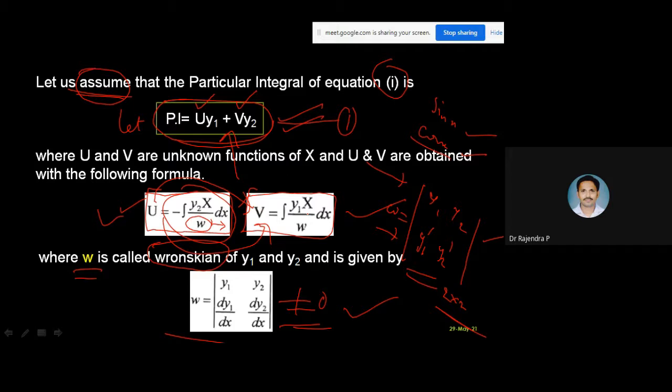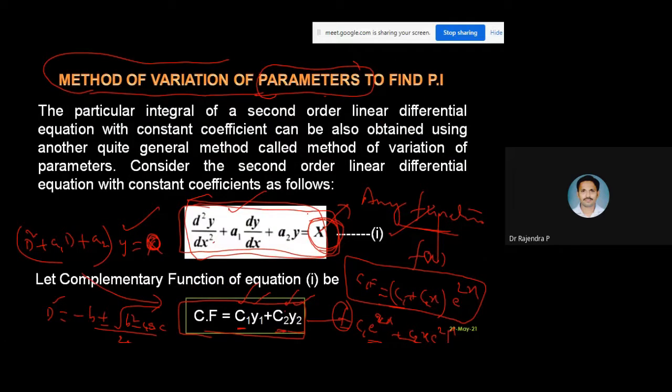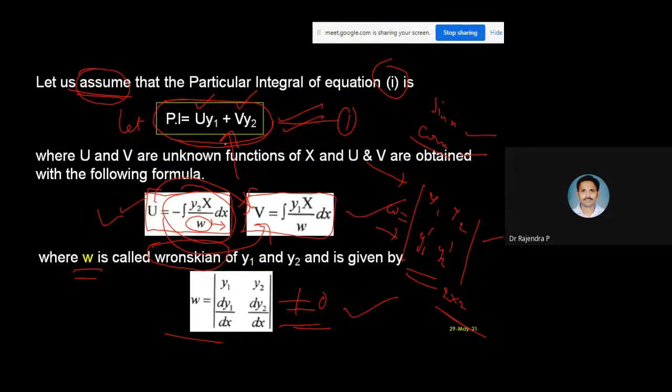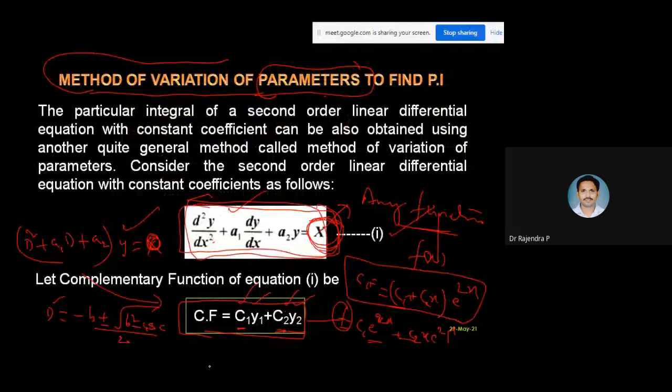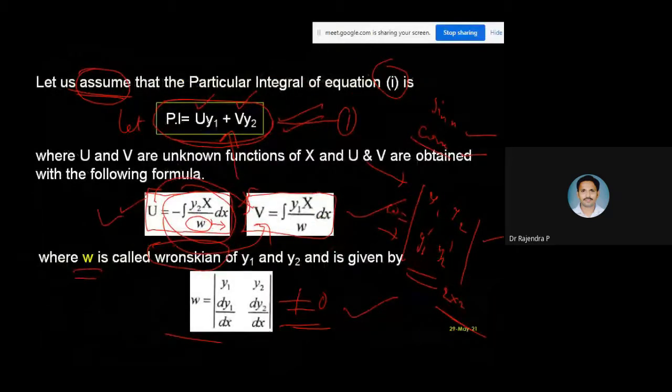Of course, the first time you may not get it. So by doing a number of problems, obviously you will be comfortable with these formulas and this method. So the method is very clear. What did I do? Simple steps. You have a second order differential equation with any x on the other side. First we find the complementary function for that, and we assume the particular integral by changing the parameters c1 and c2 as functions of u and v, and u and v have formulas with us.